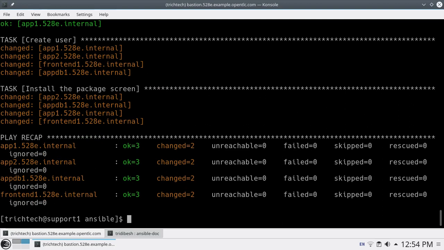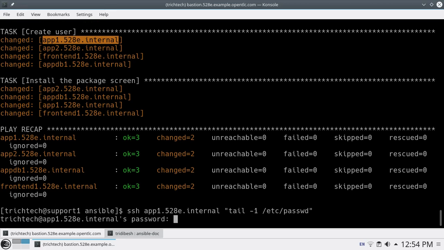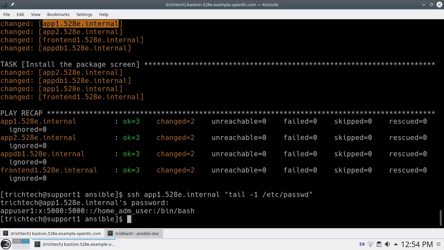Now what we will do is tail -1 /etc/passwd. Here you can see for app 1 it is app user 1.